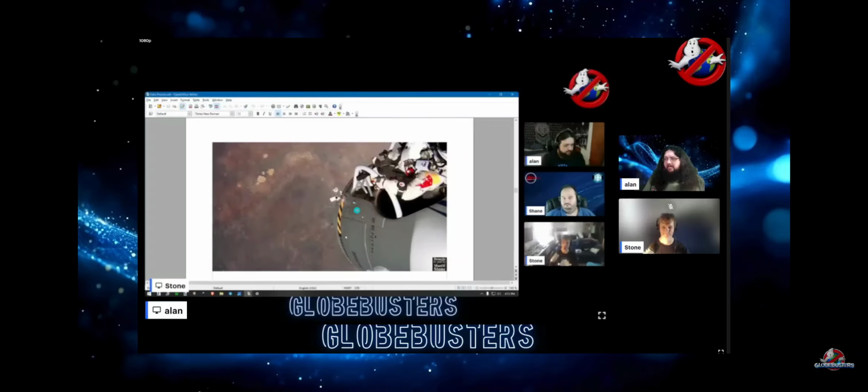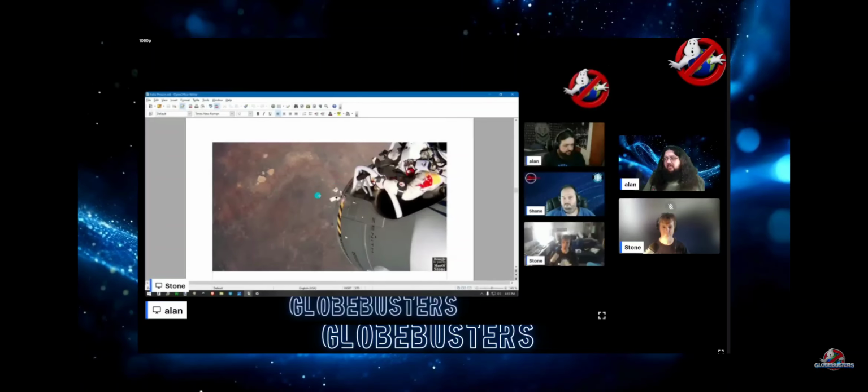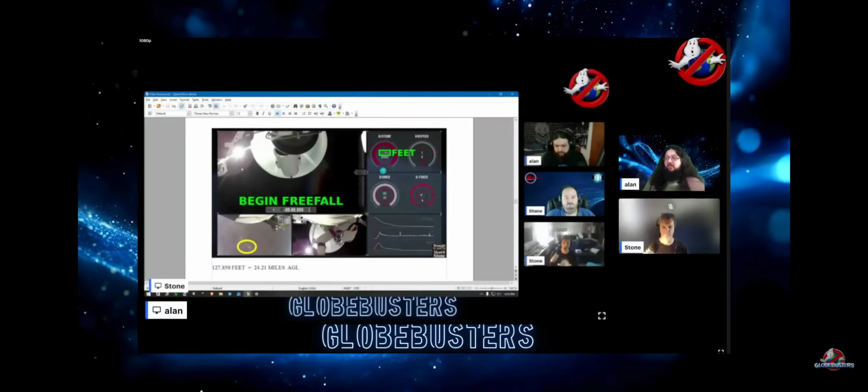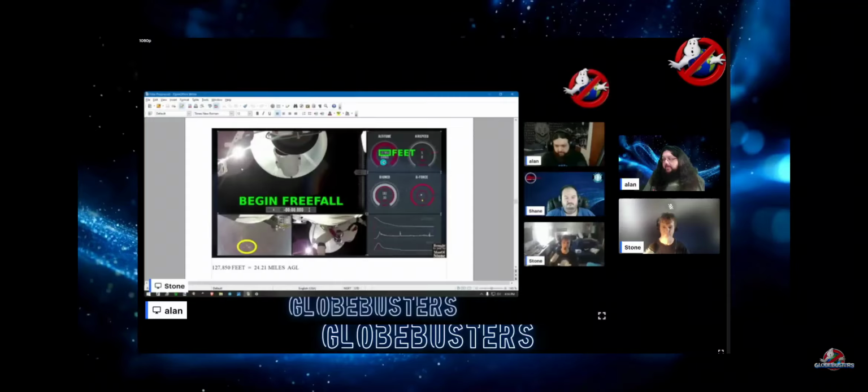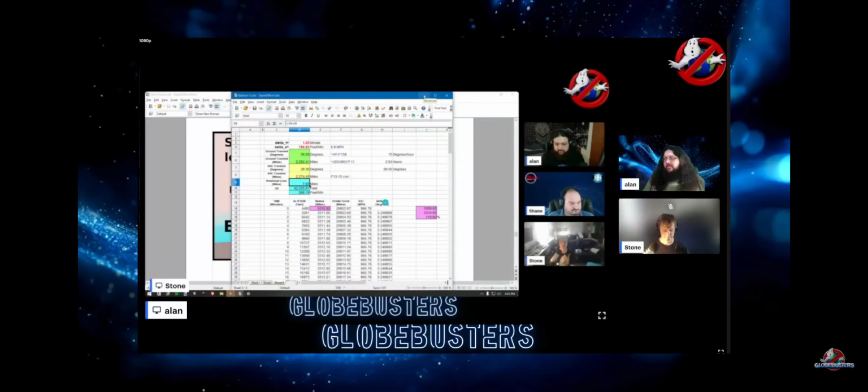So then we got our guy coming out here and he jumps down, and Stone did an analysis on the terrestrial features down at the ground from Google Maps and Google Earth, as he's coming down in his descent, when analyzing the footage. There was also on-screen telemetry data, so we have his altitude, airspeed, and all that, so we know when he's in free fall how long his drop is. So I think he fell for, what was it, 9 minutes, Stone? Something like that. Yep, give or take. Pretty gnarly fall.